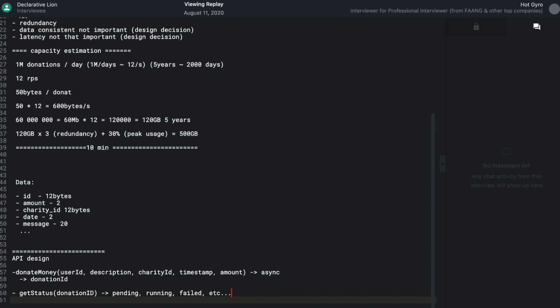You answered that question well with the user ID, right? The user ID is a good primary key to shard the database. However, a lot of these NoSQL databases allow you to have a composite key, right? Multiple columns as a key, right? And so you could use something like the user ID plus the timestamp or the day of the donation. So those two together will more likely not have a hot partition, right? Because every day is going to be different, right?